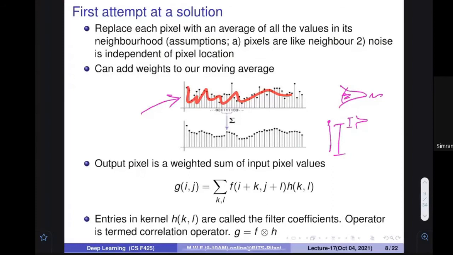So there is one idea. You also know that if something is zero centered, then if you take the average of a sufficient number of items, this error is going to be compensated and lost. So if we want to compensate for the error with this kind of noise, what we can do is take the average of a few quantities.